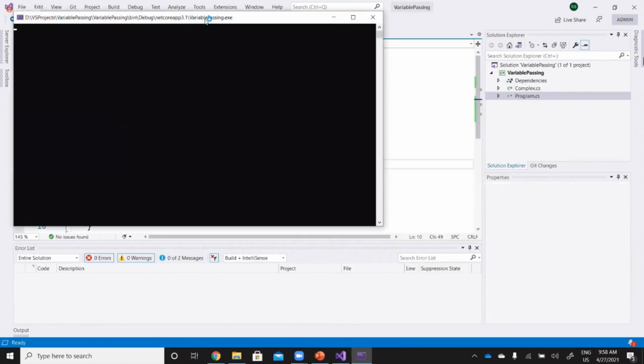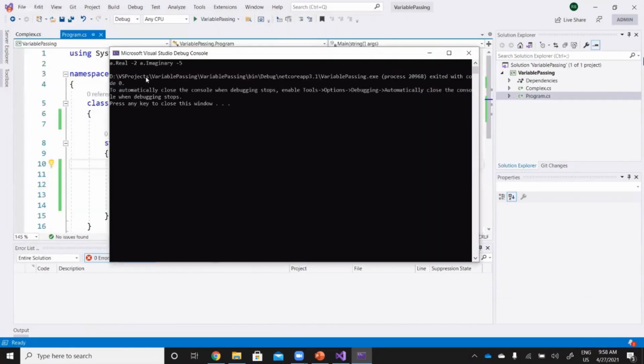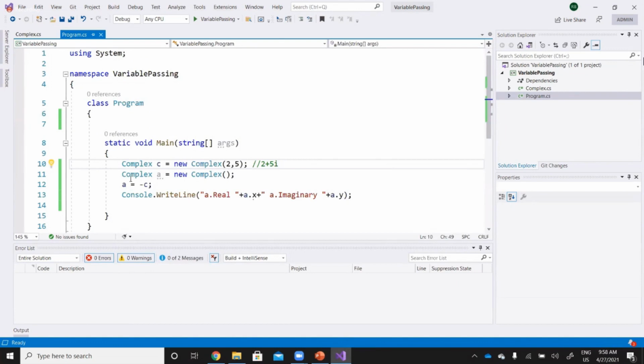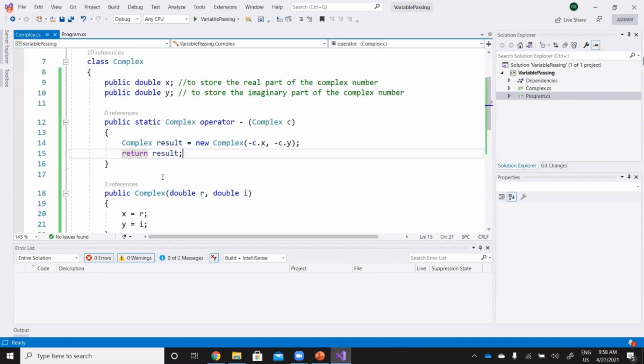Let's rerun it. Now it says okay, -2 and -5, right? So we simply negate the value of C, just by using this operator, right? Assignment operator is already there, right? This one we defined just now.